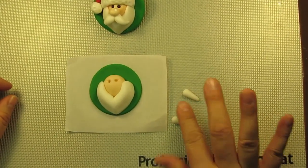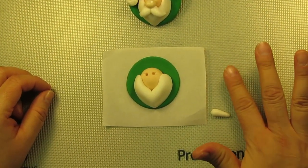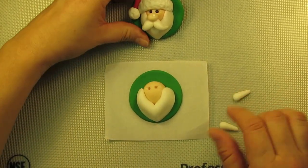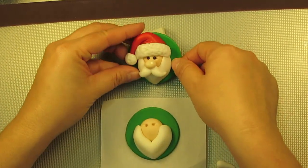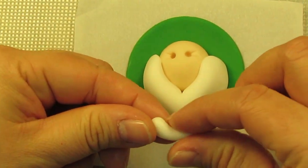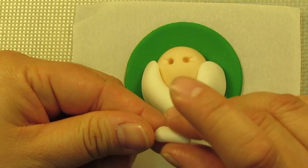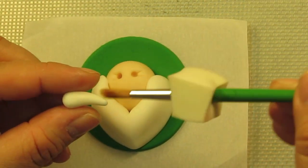And what we're gonna do now is just gently tap down on your pieces of mustache just to get a flat bottom. And you can see here that his little mustache curves a little bit upward. So before we even add glue, let's go ahead and curve it ourselves, and now we can just stick it on there when we're done. So that looks about right. Okay. Now I'm gonna turn it over,